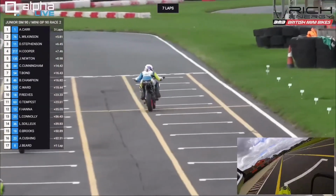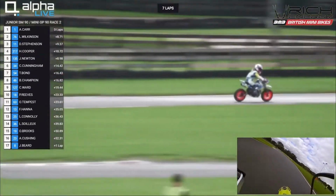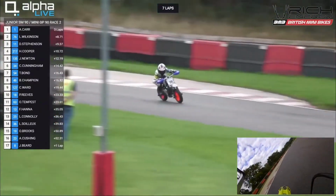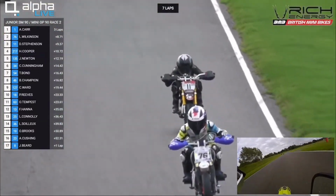Stevenson now has got to try and find some exit speed around the final few corners, but Wilkinson looks clear through here as again Arnie Carr breaking the 1 minute barrier. Really on a pace ahead of these 2nd and 3rd place runners. It's all about the battle for 2nd place so far. Hudson Cooper a little bit further back in 4th from Jack Newton as the 76 of Luca Wilkinson up into